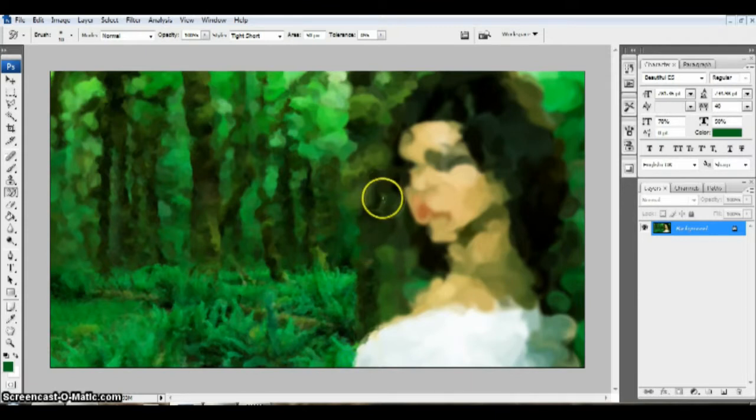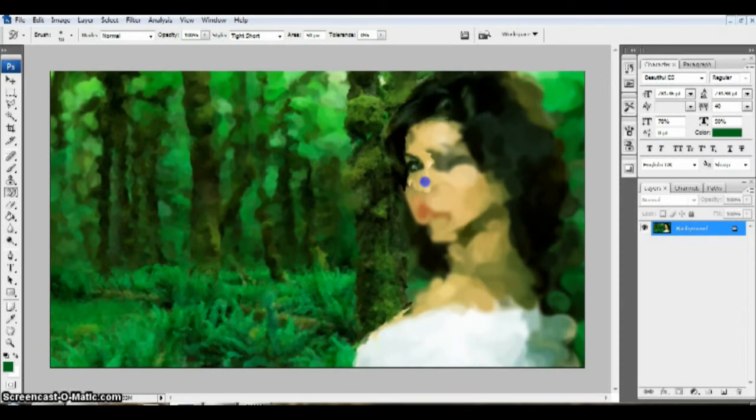This tree is very near to the image, so I will also color it at the same size, 10, to give more clarity compared to the trees in the background. Now for the object, I will color it with a brush size of 10.